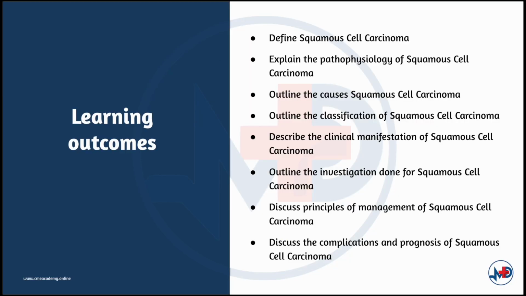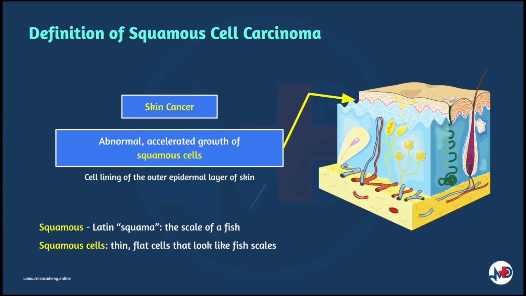By the end of this topic, you should be able to define squamous cell carcinoma, explain the pathophysiology of squamous cell carcinoma, outline the causes of squamous cell carcinoma, outline the classification and clinical manifestations of squamous cell carcinoma, outline the investigations that can be done, discuss the principles of management, and discuss the complications and prognosis of squamous cell carcinoma. Let's get started. Squamous cell carcinoma, or SCC, is characterized by abnormal accelerated growth of squamous cells, which is